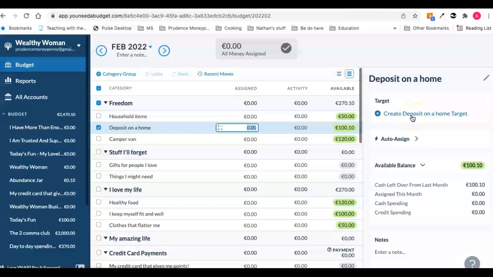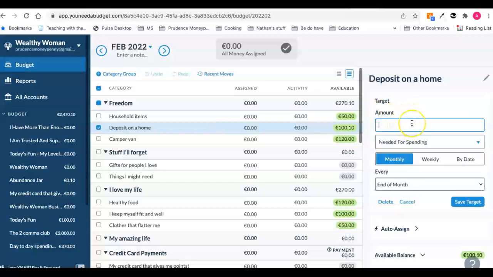really know how much do I need to save to achieve this thing? How much do I need to save each month, each week? So let's say I'm going to save a deposit for my dream home. I'm going to click on the plus button here and it opens up the amount I need. So I'm going to say I need 10,000